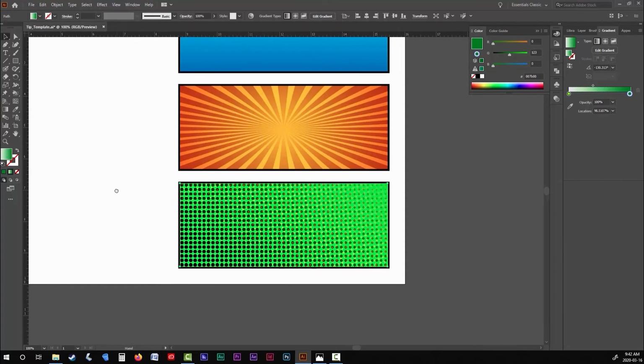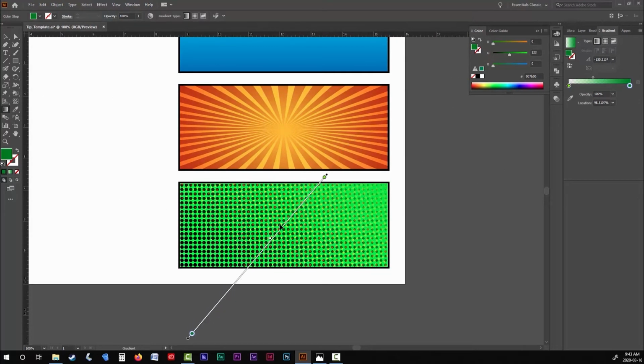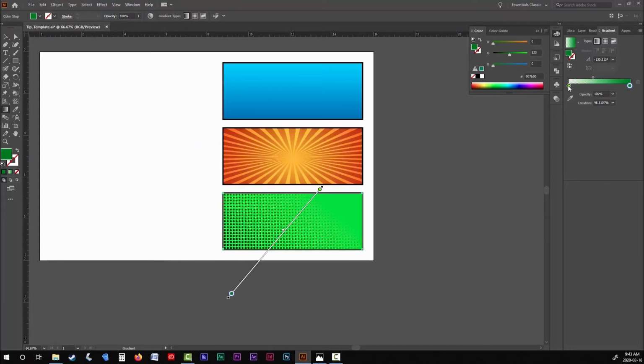The first thing that you'll want to do is adjust the coverage of the gradient itself. To do this, just select your gradient tool and then reposition the tool a little further down your background. Now I'm getting too much yellow in my dots, so I'm just going to darken my green a bit. Again, just keep playing with the gradient tool and the depth slider until you get the result you're looking for.